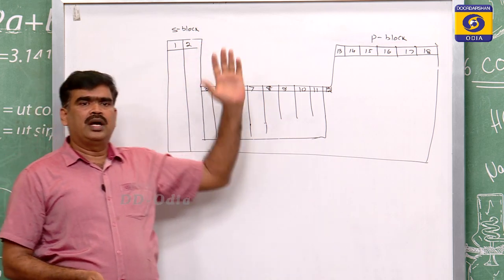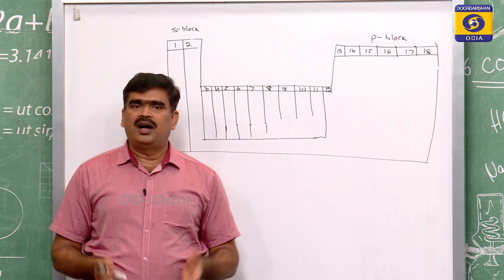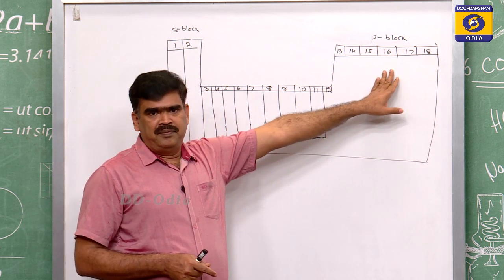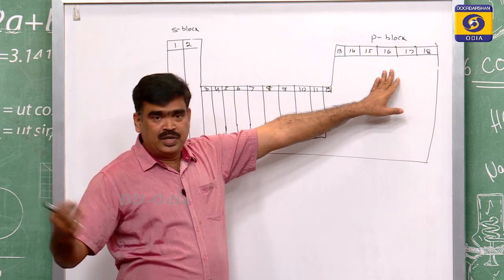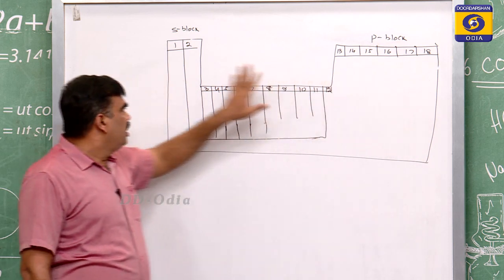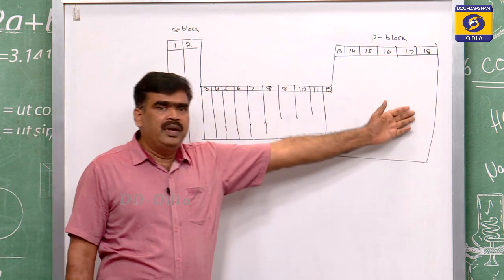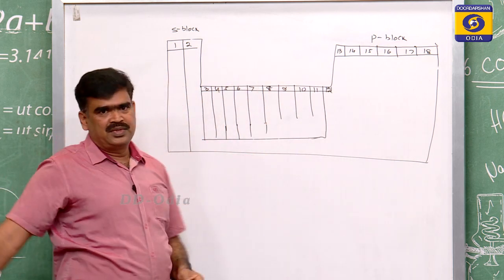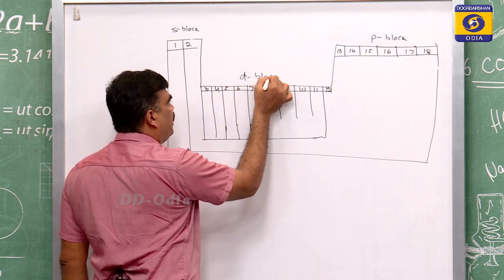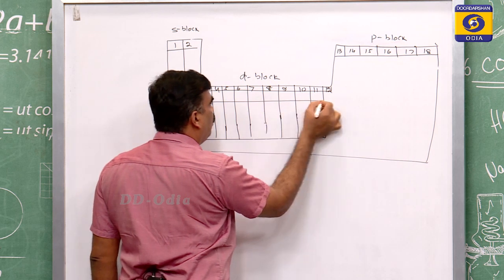S block elements are highly electropositive. They love to donate electrons and become positively charged. The P block elements are electronegative, which means they love to take electrons because of their electron affinity and electronegativity character. In between these 2 extreme groups comes the transition or D block. So D block contains 10 groups and there are 4 series.